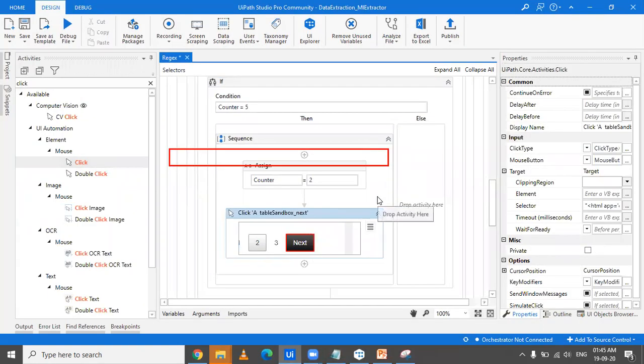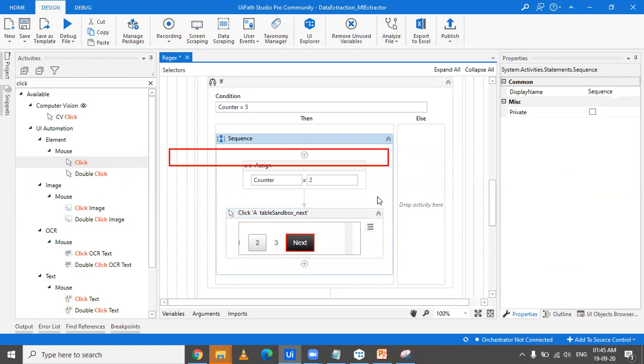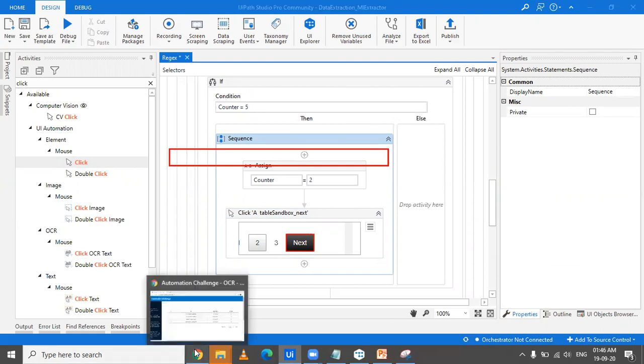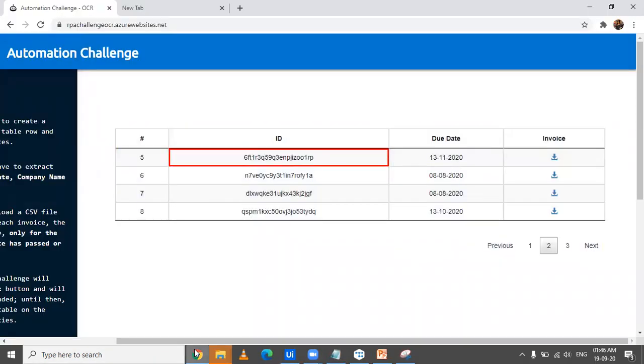But you cannot keep doing this. Why? Because when the value reaches 12, you have to stop. These are a few points you have to keep in mind. Suppose you're very sure that the page number will always be 3, so that can also be treated as a breaking point: when the click on next has been performed 2 times, then this has to stop, or when you've extracted 12 elements, then it has to stop.